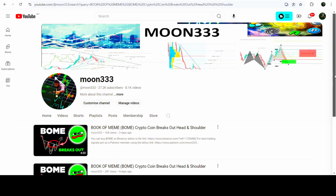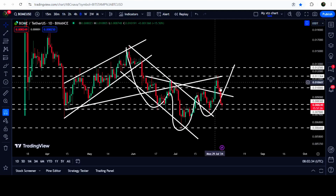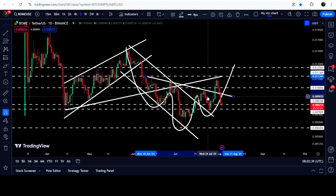As in my earlier videos, I was showing you that Book of Meme broke out the neckline of an inverse head and shoulder pattern, and this was my last video. Now if you take a look at the live chart, you can see that this was the inverse head and shoulder pattern, and this was the neckline that the price broke out. After the breakout, we had a nice short pump, but the price got rejected by this